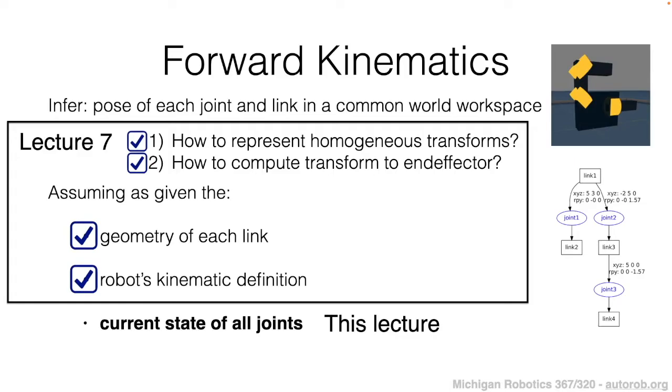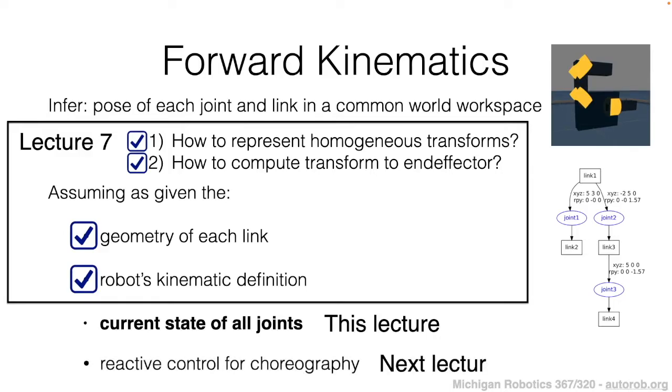And so what we're going to look at in this lecture is we're going to now consider the state of the joints within the robot. Because in lecture 7, we assumed that the joints were stationary, that they wouldn't actually articulate, and that their articulations wouldn't necessarily affect the configuration of the robot. And so we want to extend that in this lecture to understand how the rotations and the translation joints can be included within our forward kinematics routine so that our robots can begin to move. And so next lecture, then, what we're going to look at is how we can have reactive control applied with our forward kinematics routines so that we can actually choreograph motion in the form of a dance that our robots